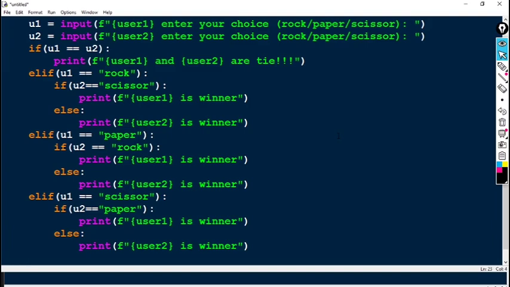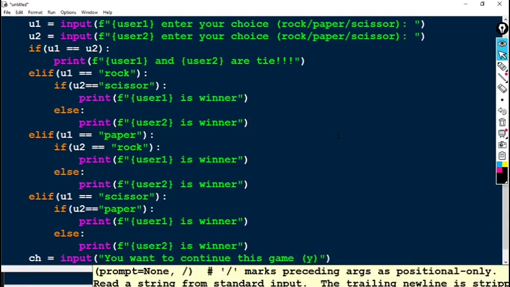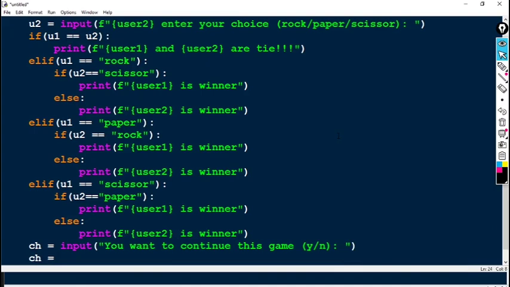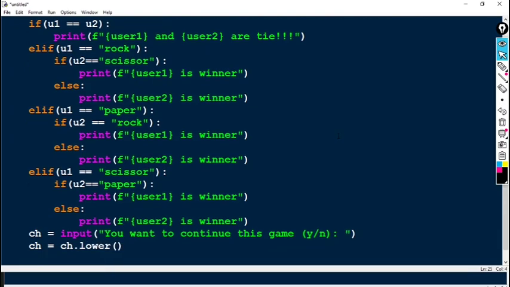If you are not interested in continuing the game, then I will press no. So I am taking yes as a choice and I'm taking input, if you want to continue the game, and I'm taking a bracket here, y plus, and I'm taking choice as lower in case by mistake I type a capital letter.